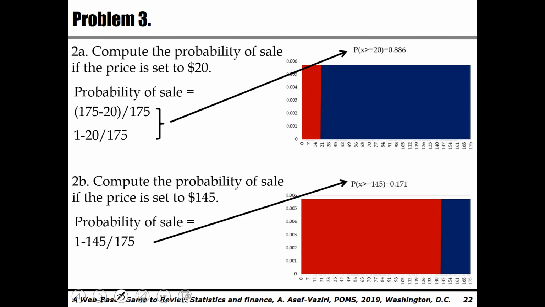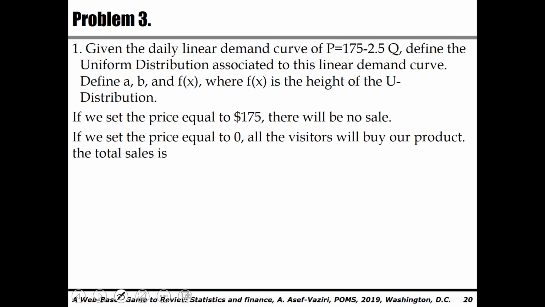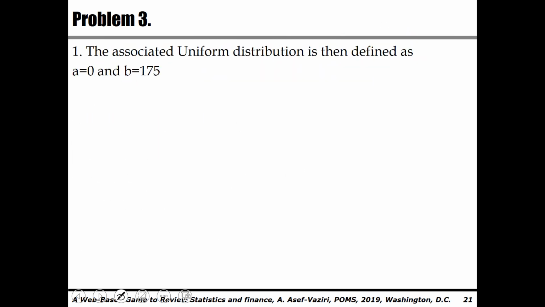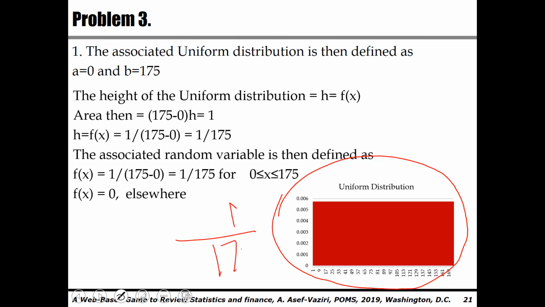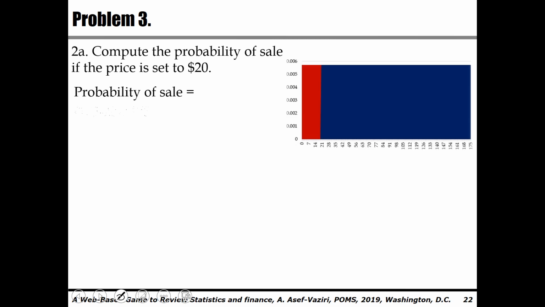So if I give you a linear demand curve like this, you should be able to associate it with a uniform distribution like this. And because this height is 1 over 175, then you should be able to compute all